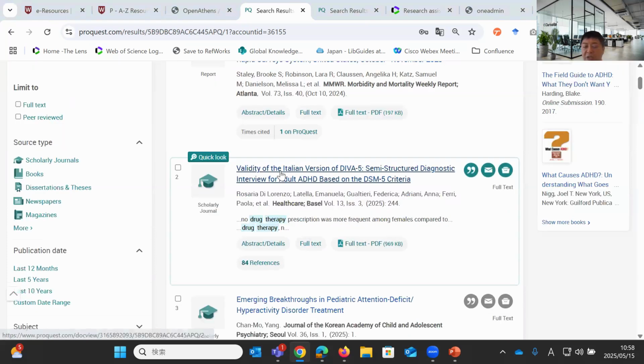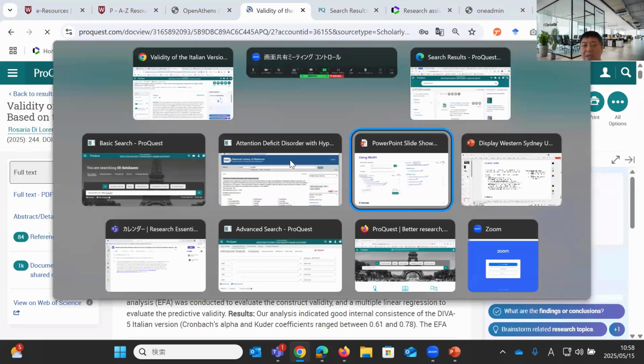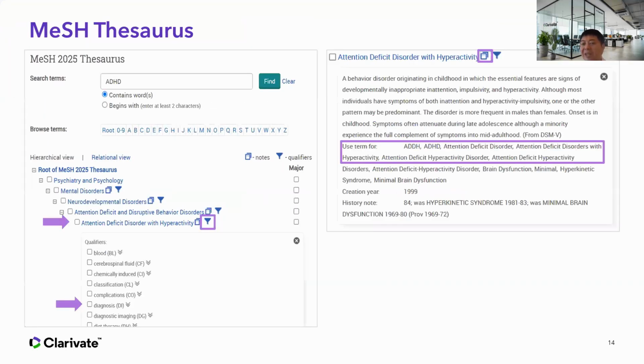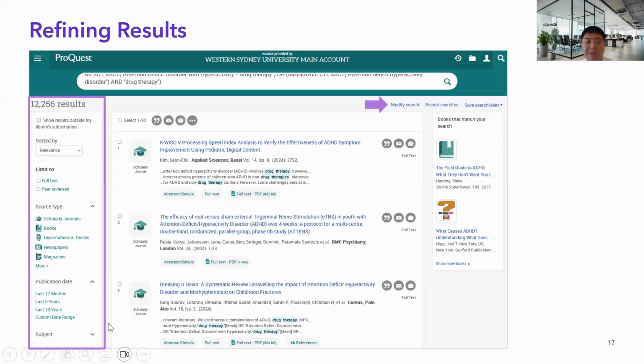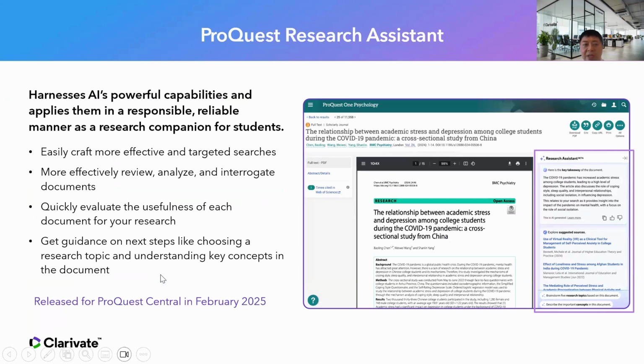Okay. So in terms of search techniques, this is what I wanted to show you today. And refining results, I already showed you. You can always refine search results using the filters displayed on the left-hand side, whether that's PubMed, ProQuest, Let's Go, Science Direct, whatever that is. I thought your university had turned on a research assistant. Maybe I was mistaken. Maureen, if it's not turned on in your institution, I'd rather not talk about this.